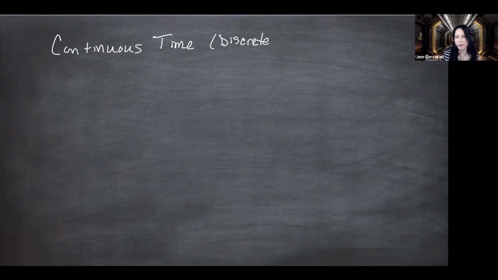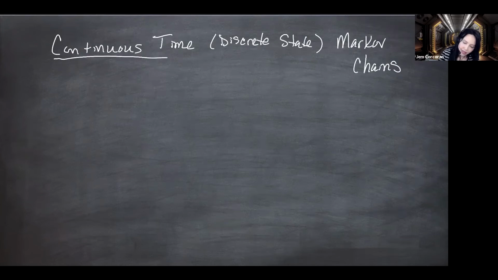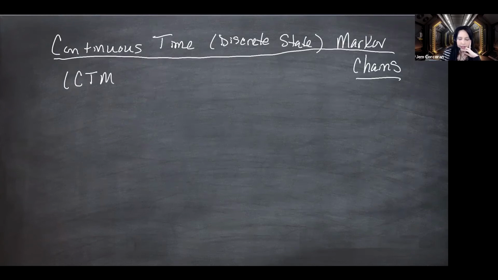All right, we're back to continuous time, but still discrete. I'm putting this in parentheses because you should assume it's a discrete state space. Markov chains. And I did go through this whole discussion about, if it's continuous time, you call it a process. But then again, everyone always abbreviates this CTMC. And I've never seen anyone abbreviate it CTMP for process.